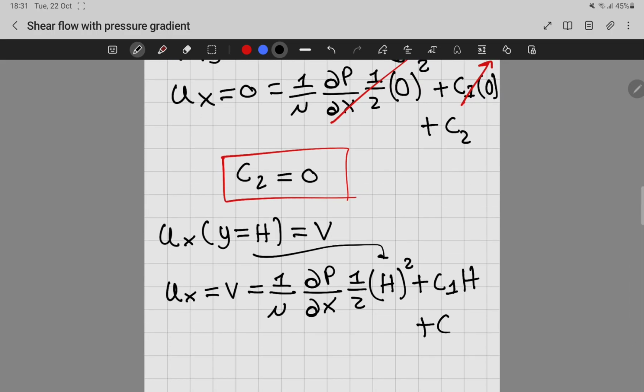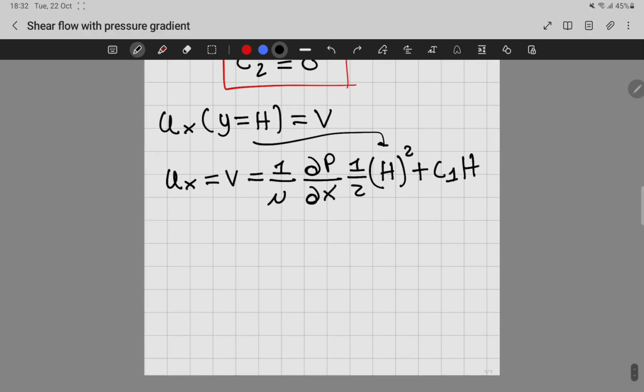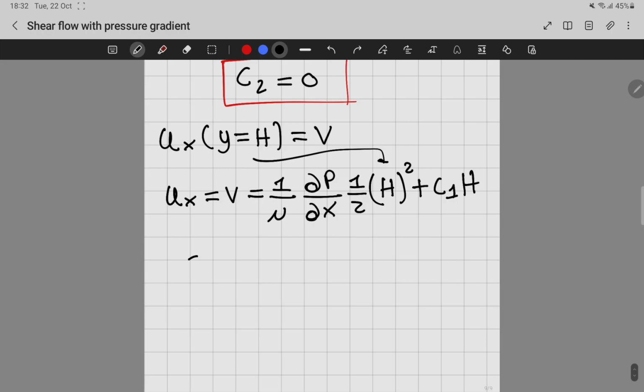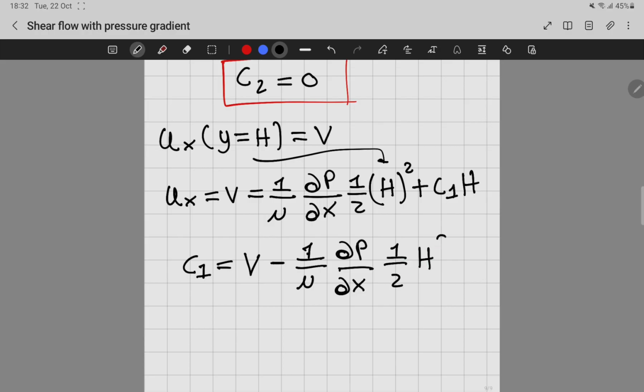And remember, plus c2, but c2 is 0, so we do not include it. So now let's find the value of c1. So c1 is going to be equal to b minus 1 over, because we are passing this whole term to the left, so that's why it's negative. And now c1 is just